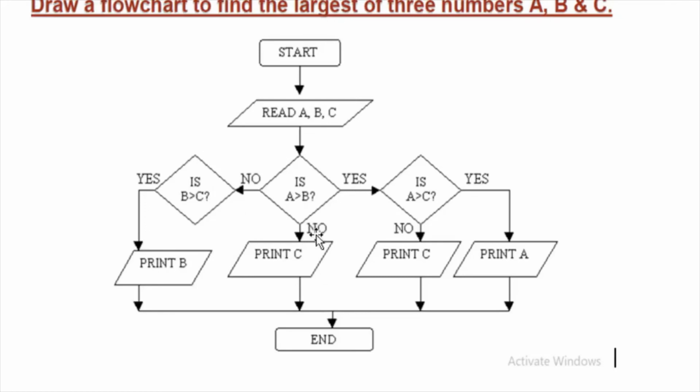So there is some problem with it. We will check from here. If it is a no, then come here, right? Just make a correction, and at the end all will go to the end. So you can change this flowchart according to your conditions as well, according to the way you want. But you have to fulfill each and every condition. No condition must be left.